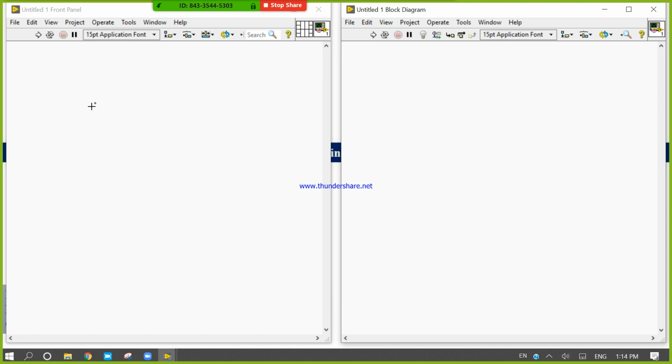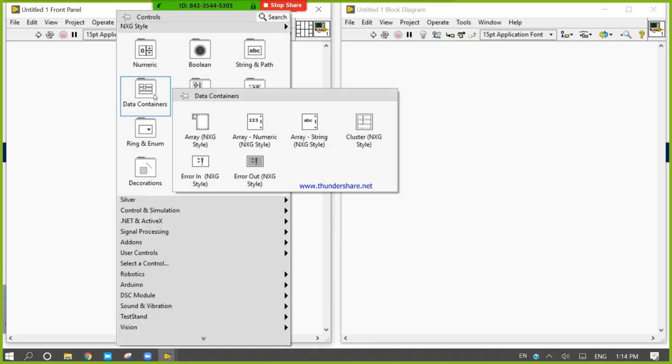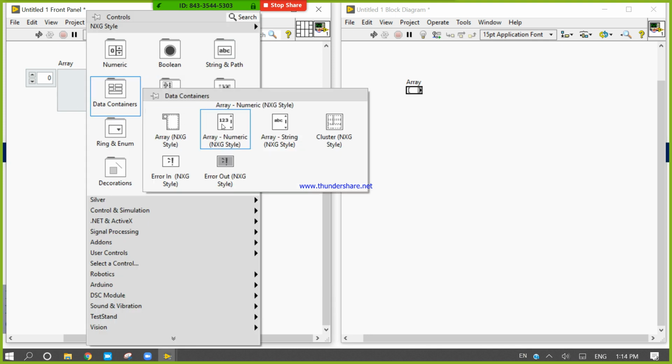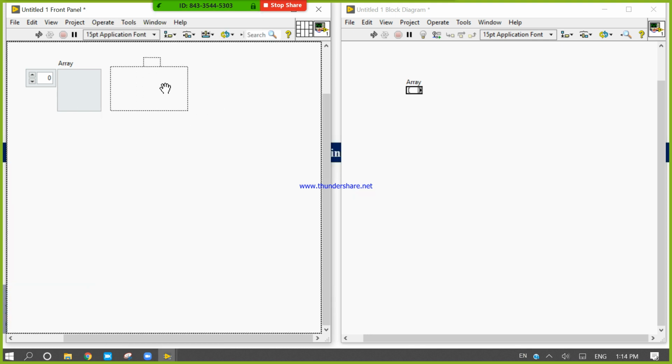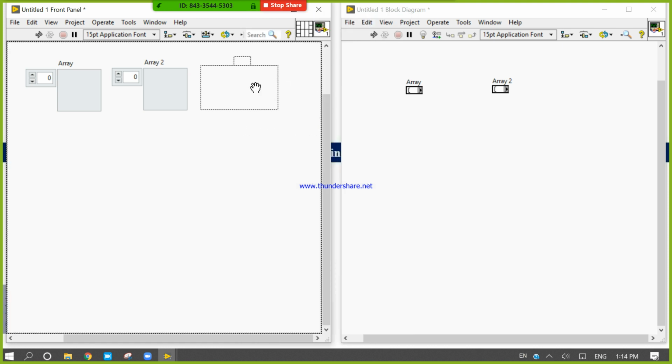As I told you earlier, and you have seen in the videos, to design array, right click in the front panel, come to the containers. In the container there is the array cell. It is just an array cell. Take another array cell. It is just an array.